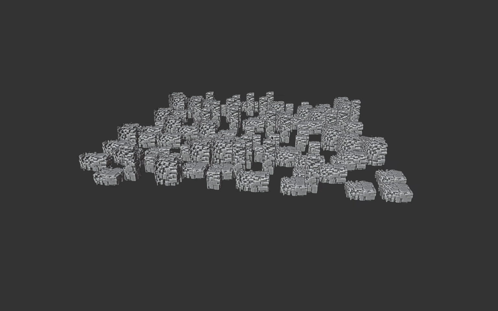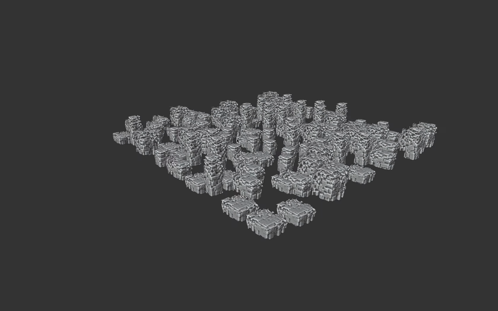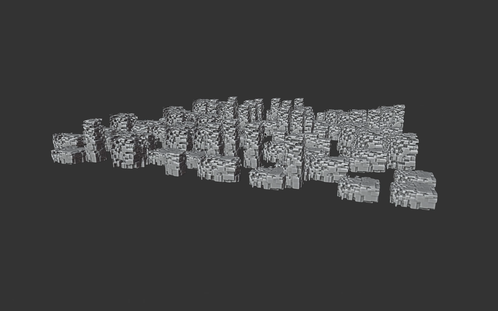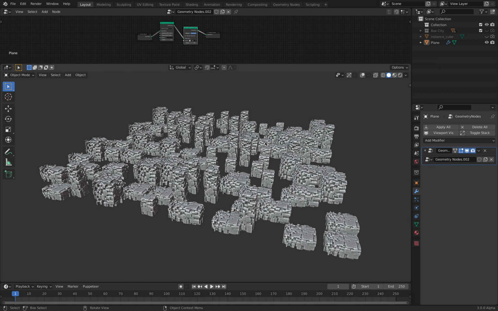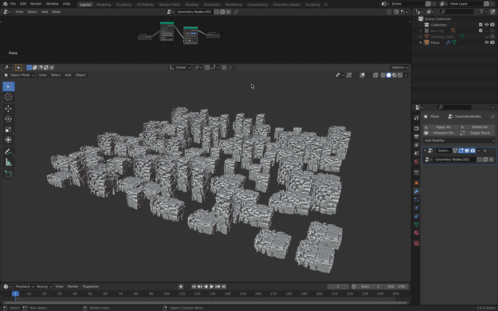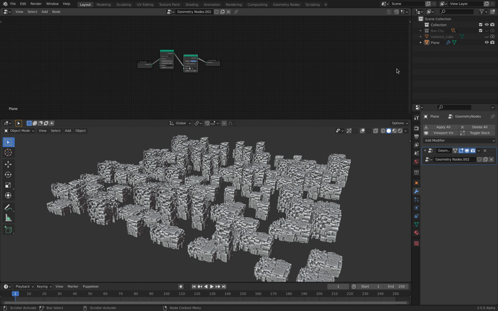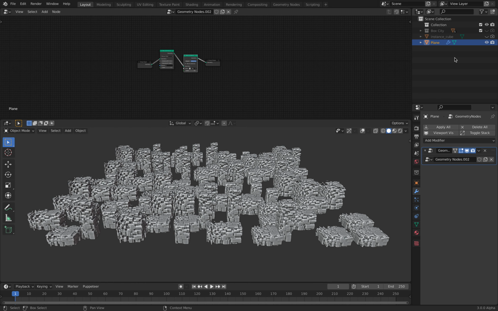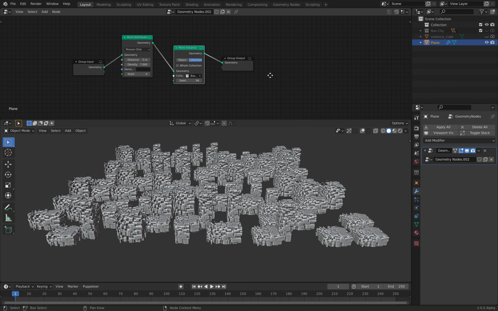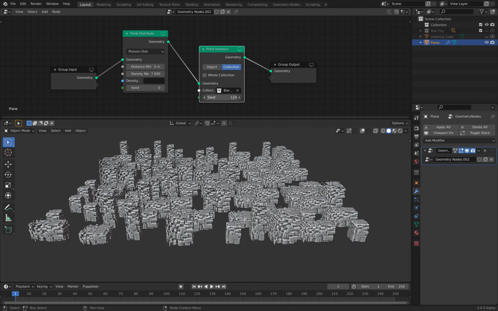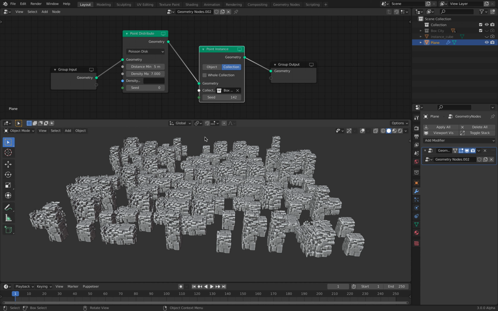In this episode, I'll be sharing with you the breakdown of this box city. Basically, it's kind of like a culmination of previous LIVENODING. So this is pretty basic. What we have here is a plane using geometry nodes, and the plane is scattering these buildings,